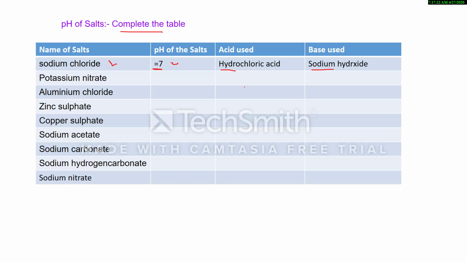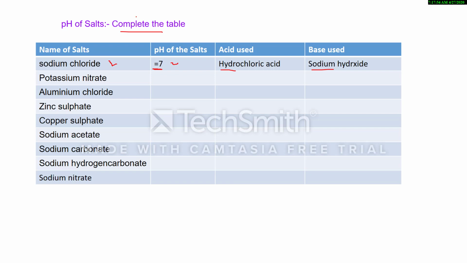Clear? Again, I am giving the examples. Hydrochloric acid, sulfuric acid, and nitric acid are strong acids. Acetic acid and carbonic acid are weak acids. And up to your level, up to 10th standard, you can say that sodium hydroxide and potassium hydroxide are considered strong bases, and the remaining bases are considered weak bases. If you go to a higher level, this list may change.